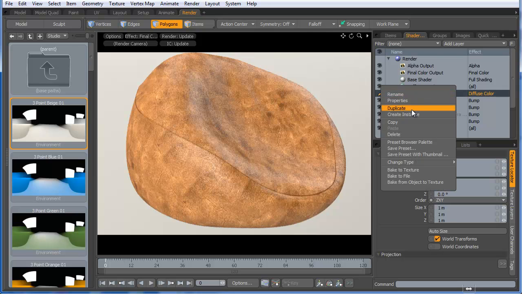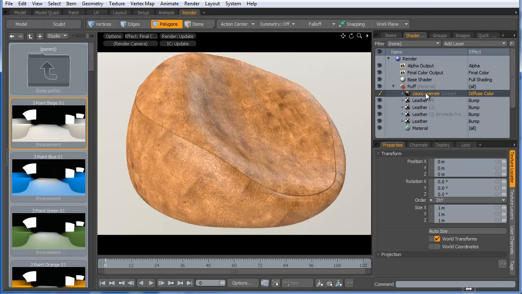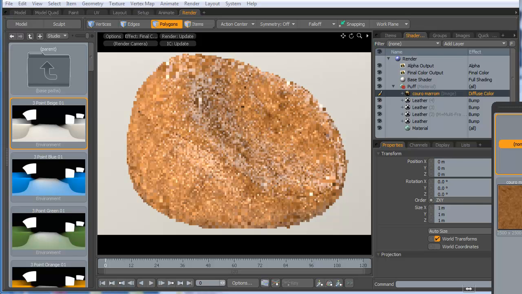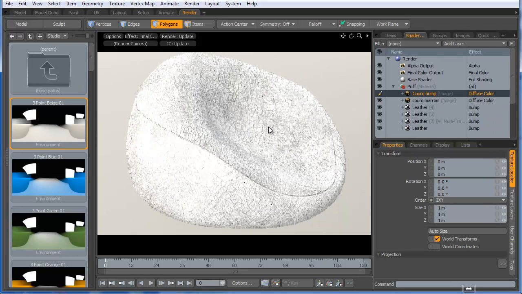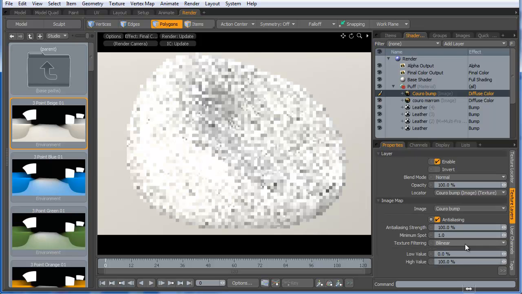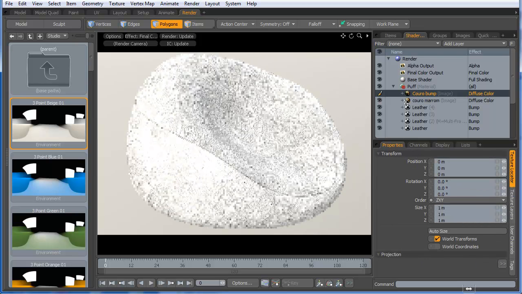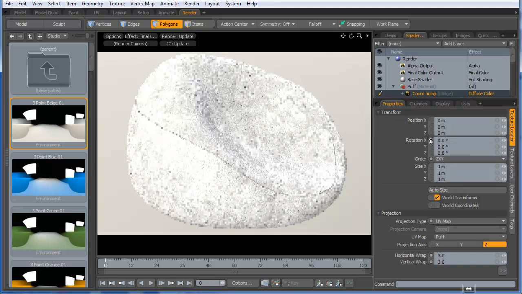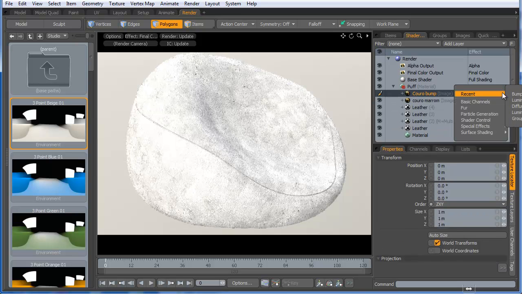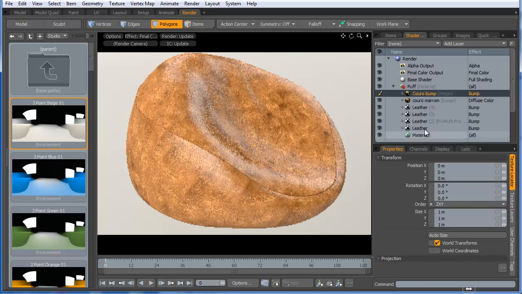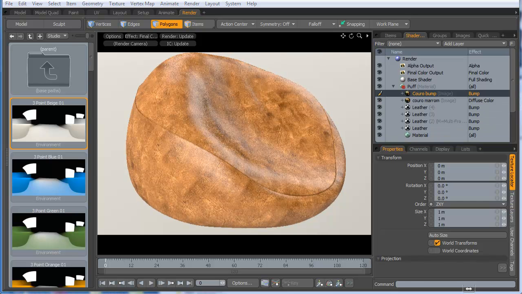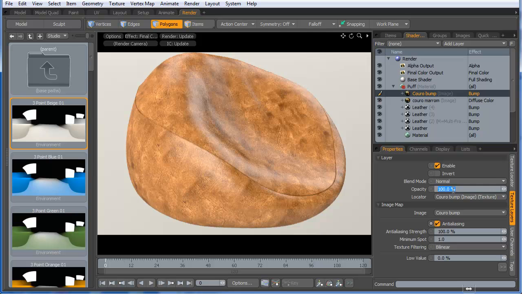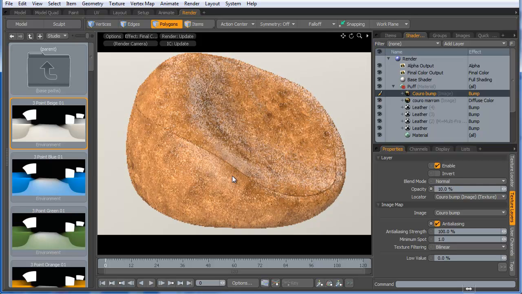I will add an image map, and I will use clipboard here, and I'll get the coral bump, and I'm going to increase the tiling here as we did with the diffuse color, and I'll set that to bump, but it is overwriting everything we've done here, so I will decrease the opacity to 10. Okay,